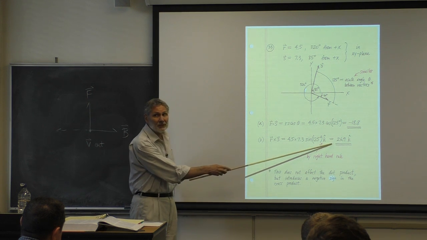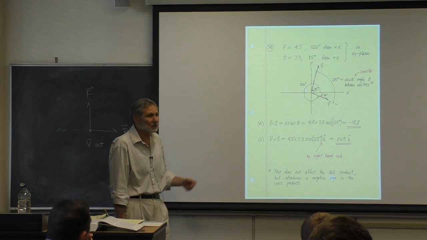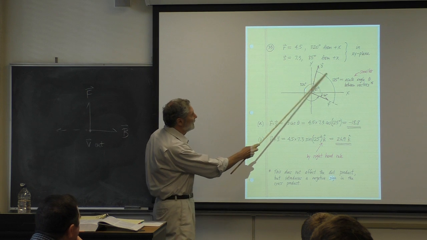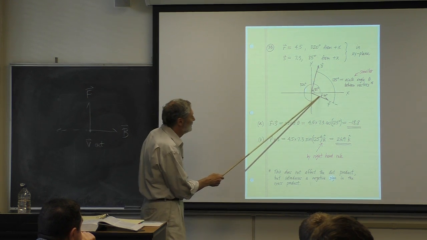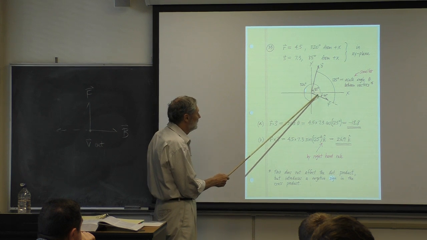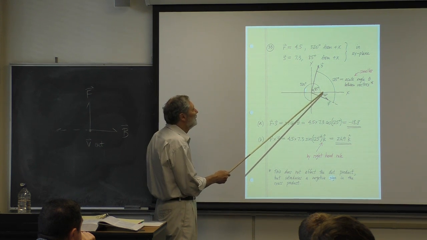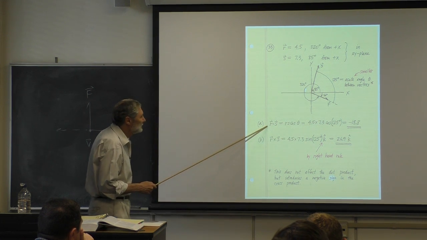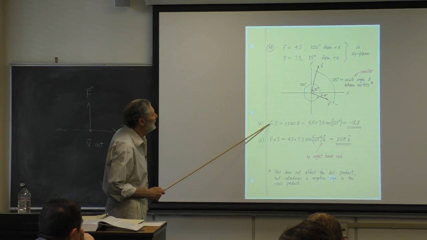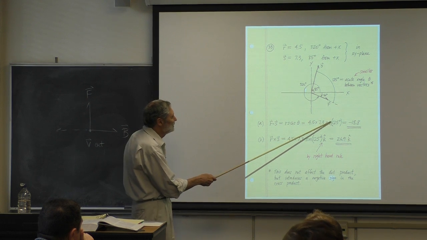So people always go to the smaller of the two angles, which, as you can see from the geometry here, is the sum of these two, 125 degrees. So for the dot product, I multiply the magnitudes by the cosine of 125 degrees,